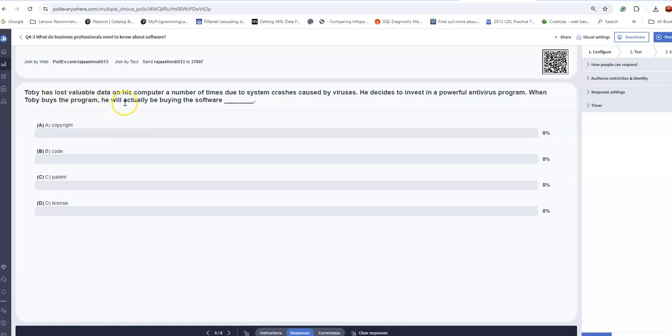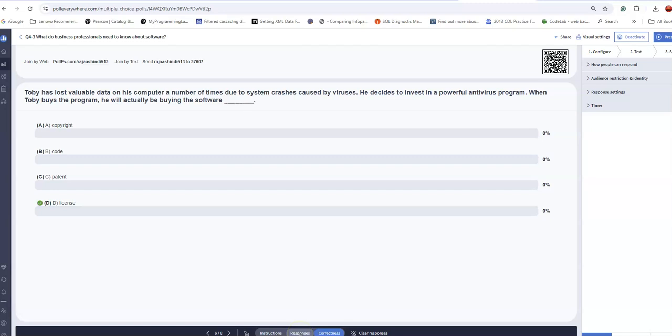So he will actually be buying the software copyright, code, patent, or the license in a situation like this. So he basically would be buying the license. In the same way, when you install the Microsoft Office application on your devices, you are buying the license to run the application on your device.